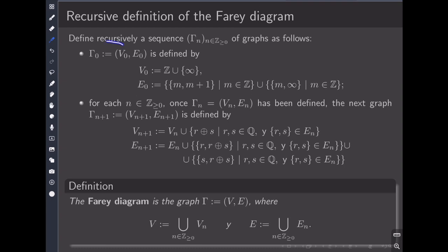The zeroth graph, the starting point, is the graph that has the integers and infinity as vertices, and its edges connect consecutive integers and each integer with infinity. So this graph V0 looks like